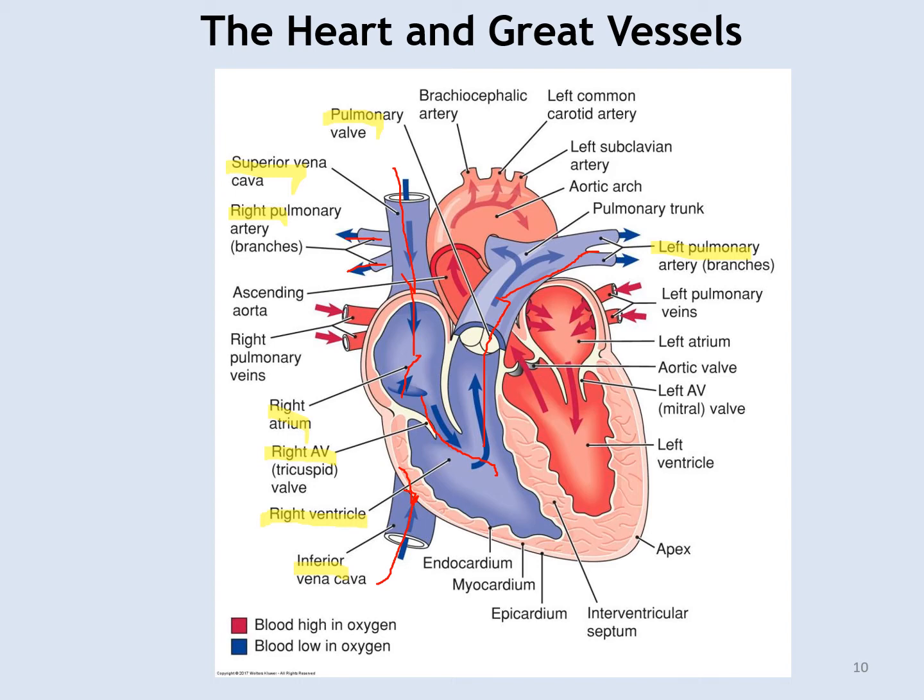It undergoes oxygenation in the lungs, as we saw previously, and returns into the heart via the left pulmonary and right pulmonary veins, there they are. Now the blood is in the left atrium. The left atrium contracts and sends the blood through